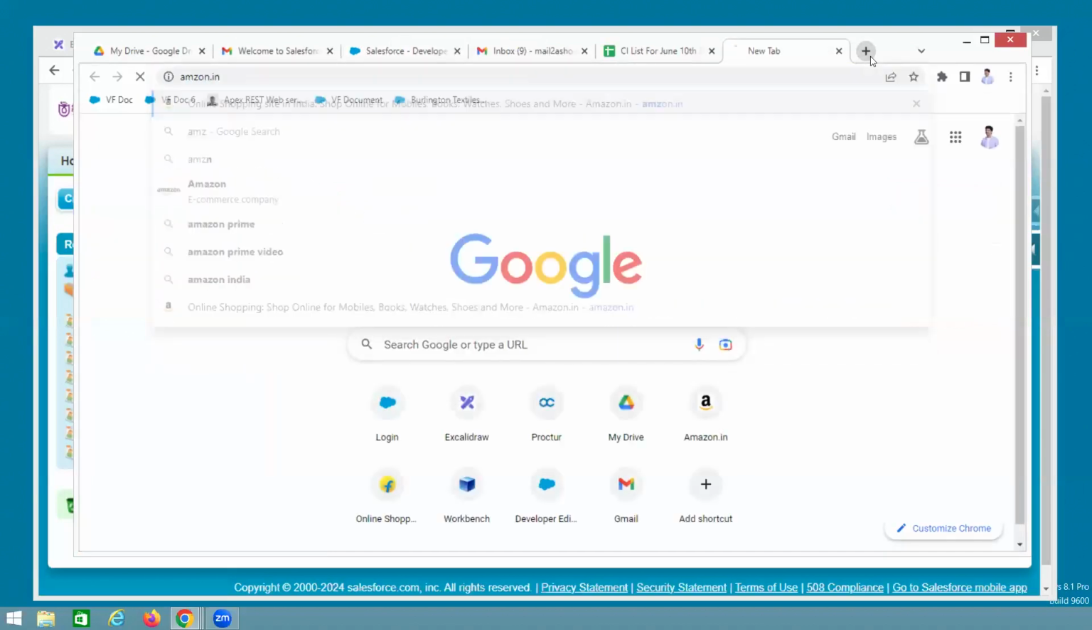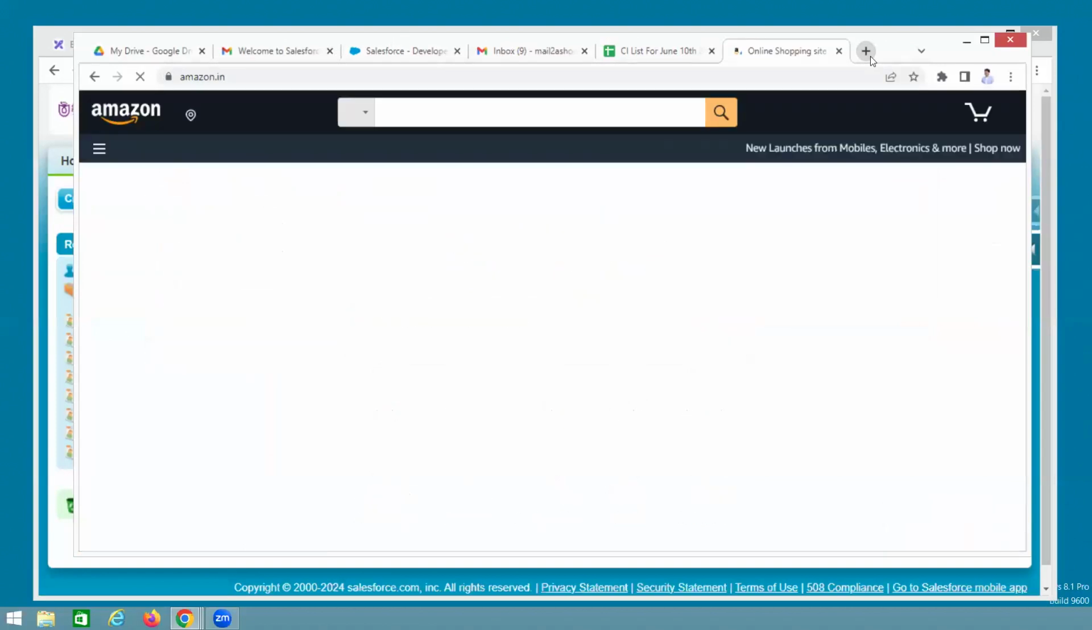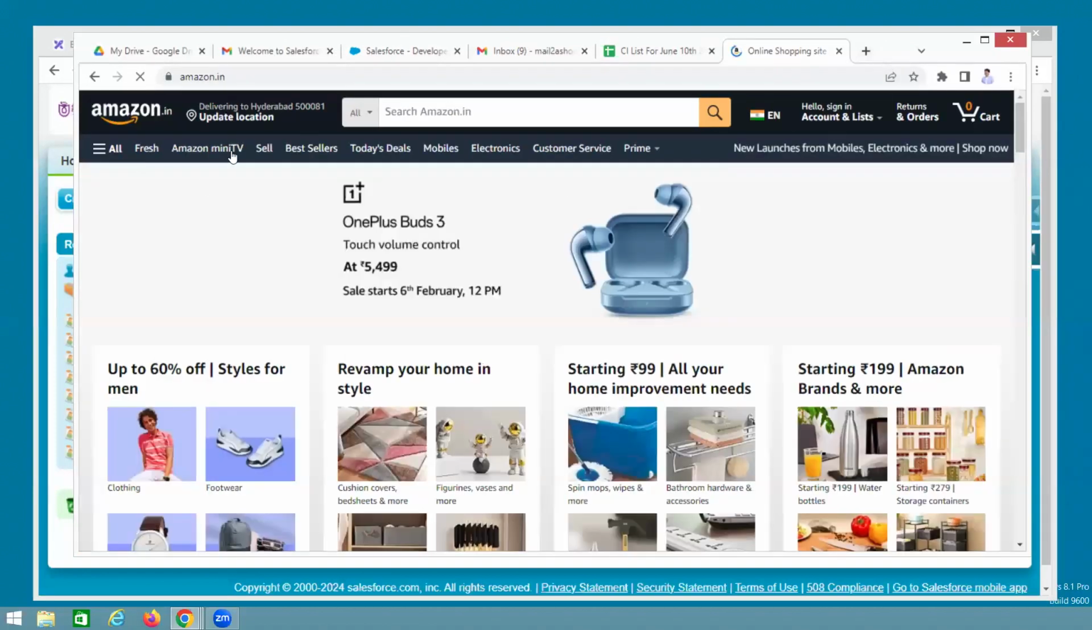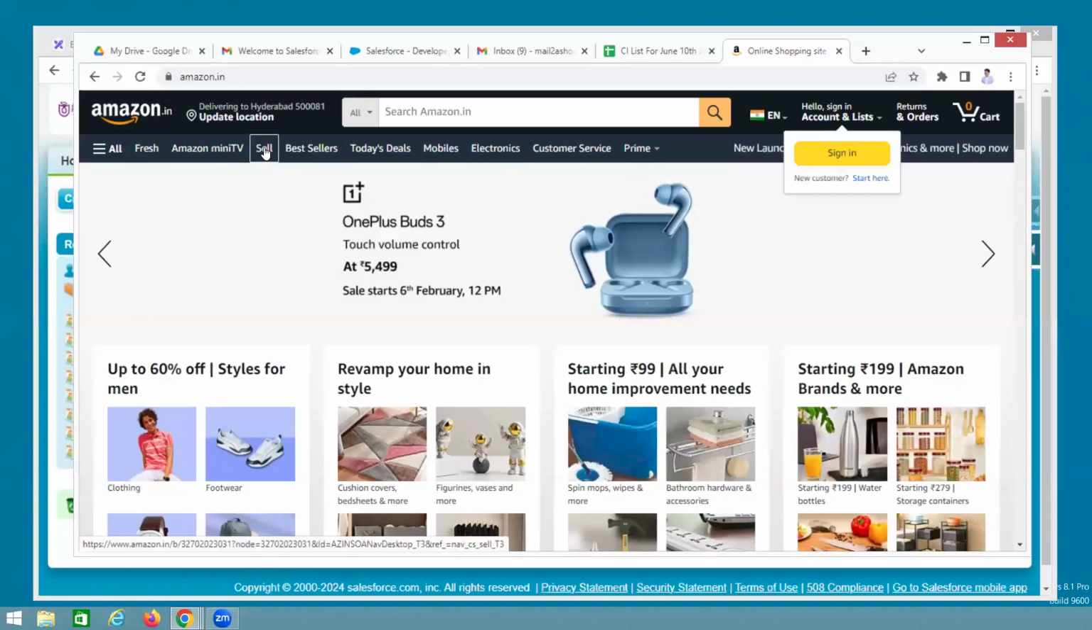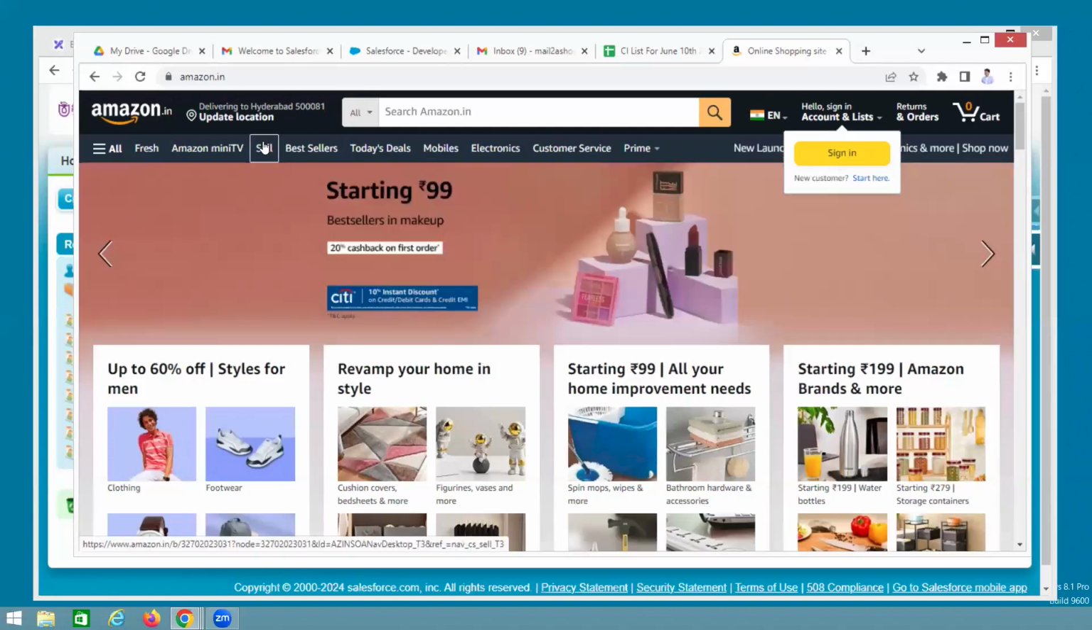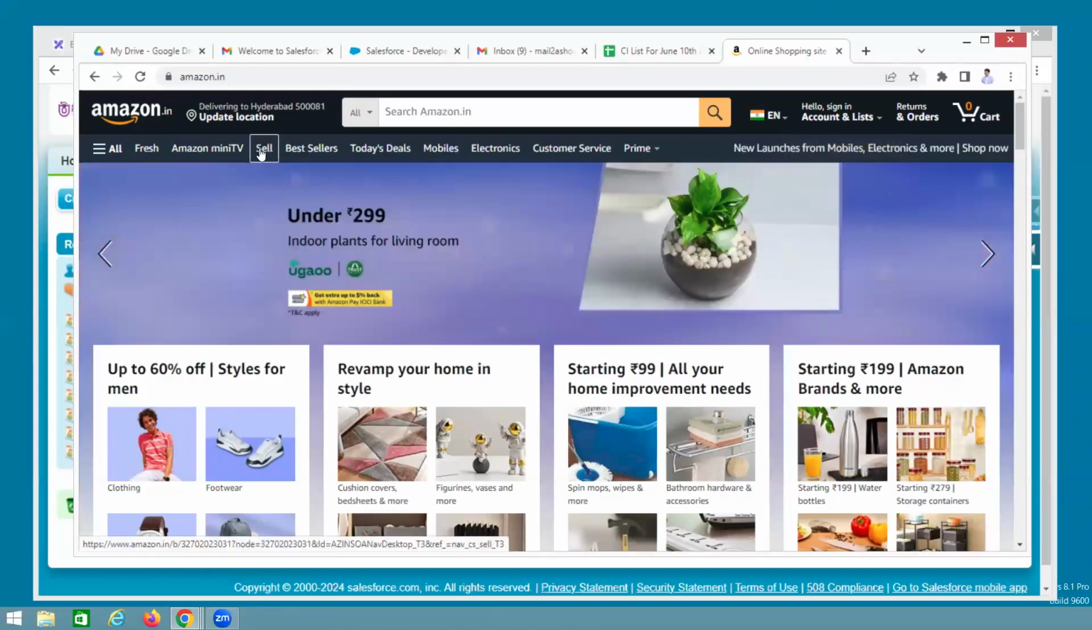For example, Amazon is also an application, the Amazon application. An application is nothing but a set of tabs. These are the tabs. So, for example, in my point of view, I don't require Sell. Instead of Sell, can you please use Sold here? Is it possible? No, it is not possible. Why? Amazon does not allow changing anything in the application. You just use the application as it is. But